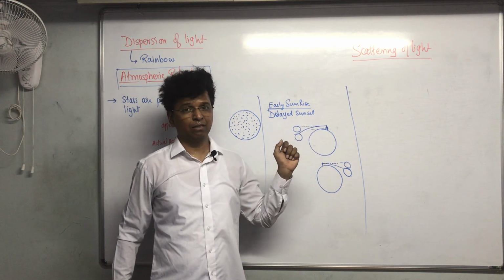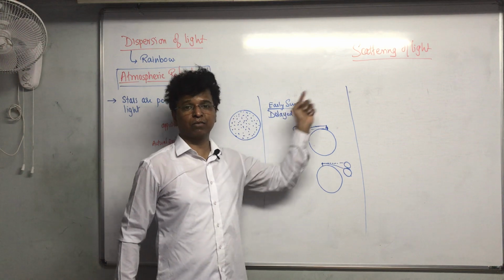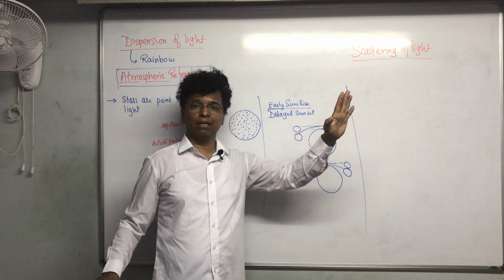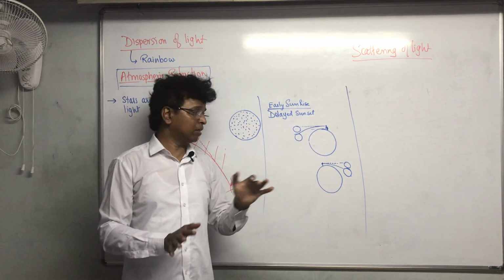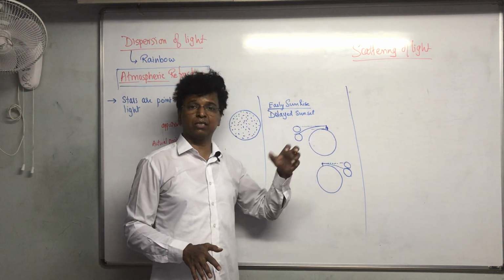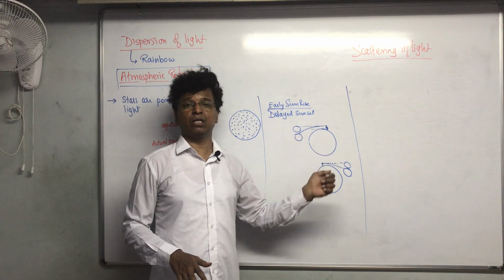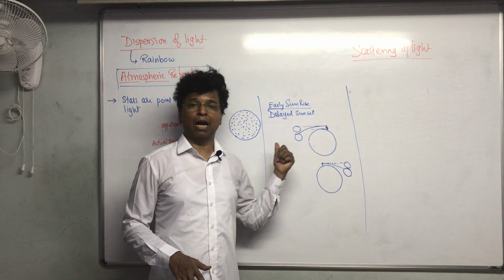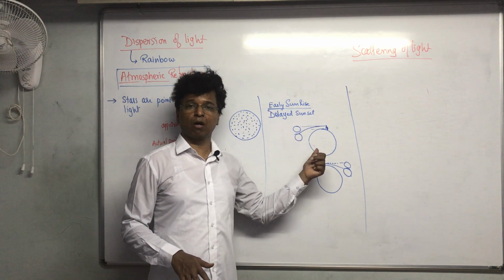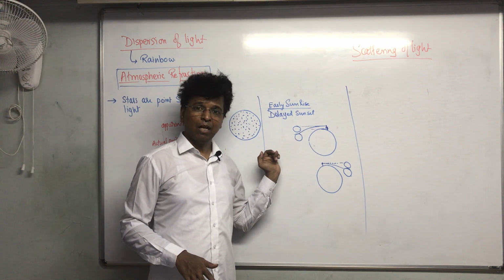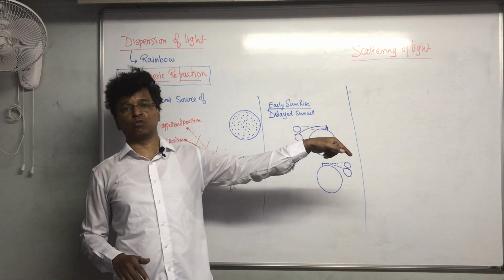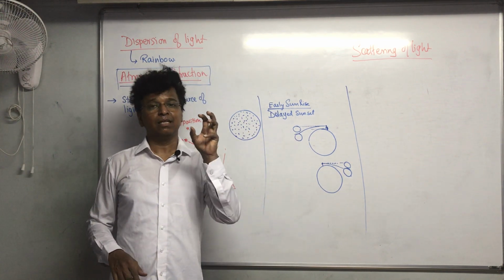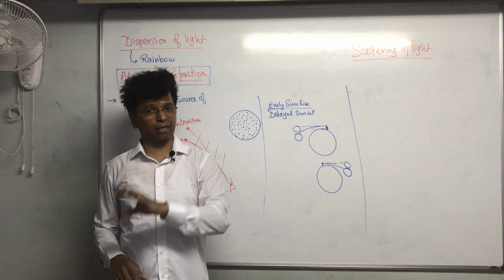The reason is different. The red color at sunrise is because of the scattering of light, because the blue color is scattered away. At that time the distance between the sun and the observer is greater compared to the distance during the noon. At noon the distance is shorter. At sunrise the distance is longer because you are on the horizon. So the red light will travel all the distance, and that's why the sun is red in color at the time of sunrise.